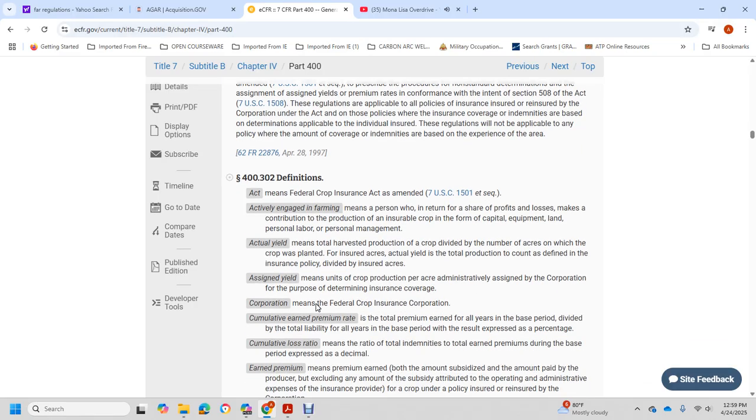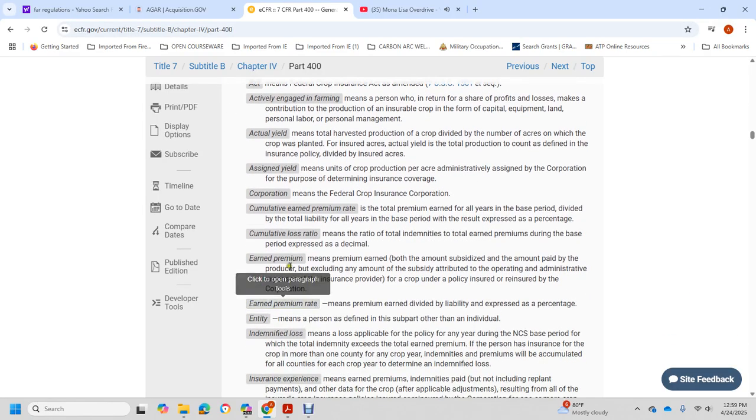as assigned by the Administrator to the Corporation for the purpose of determining the insurance coverage. Corporation means the Federal Crop Insurance Corporation. Cumulative earned premium rate means the total premium earned for all the years of the base period divided by the total liability for all the years of the base period for the record period, with the result expressed as a percentage. Cumulative loss ratio means the ratio of the total indemnities to the total earned premium during the